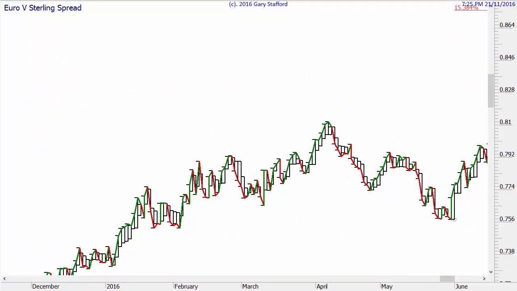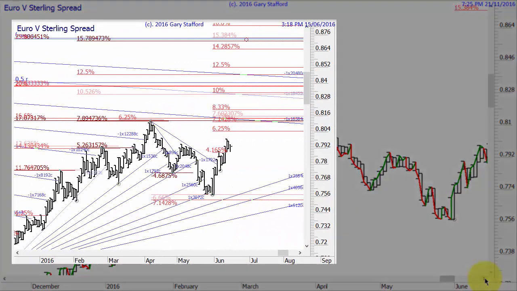Now the next trade I made was in the euro against pound sterling, and I actually gave the signal back here, back in the middle of June, saying that if the market could get to here, which didn't seem very feasible at the time, it could be a possible buy for the pound mathematically. So let's see what happens. And that's the euro against the pound.